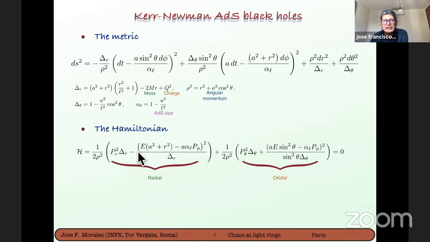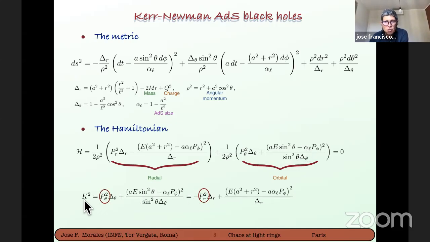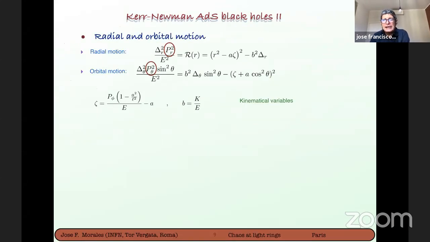And again, you can write the Hamiltonian. What is nice is that this Hamiltonian, which is known and you can find in the Chandrasekhar book, is separable. It's the sum of two pieces, a piece that depends only on the radius and a piece that depends only on theta. Since we are looking for null geodesics, this should sum to 0. Then both pieces should be constant, and this constant I call k squared. This is the total angular momentum. And I can compute p theta and pr, which determine the motion in the radial direction and in the orbital plane, by solving these two equations.